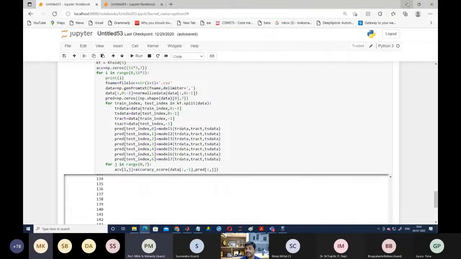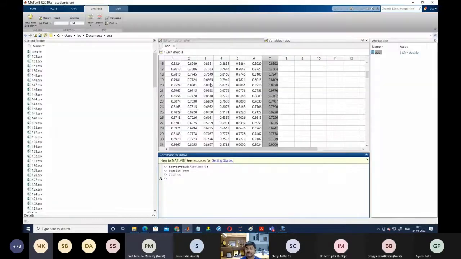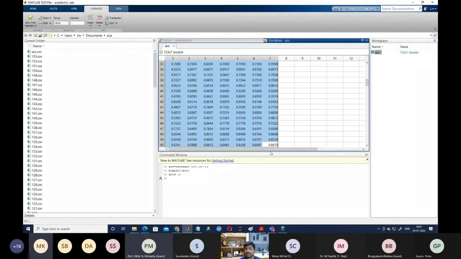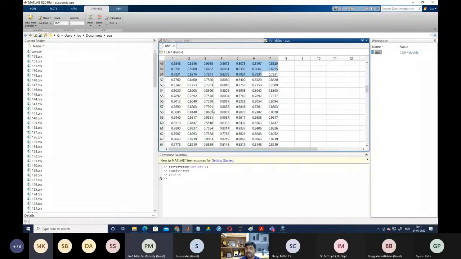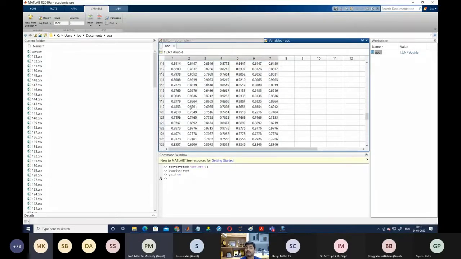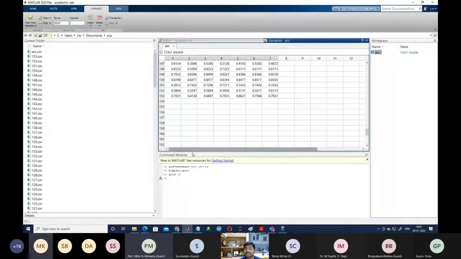Same like that, you can also compare the different sets of features, because the first 51 data you are getting for the original feature, the next 51 you are getting for the significant feature, and the next 51 you are getting for the principal component analysis. So you can also find which technique is giving the better result.